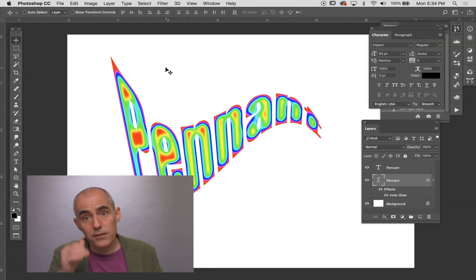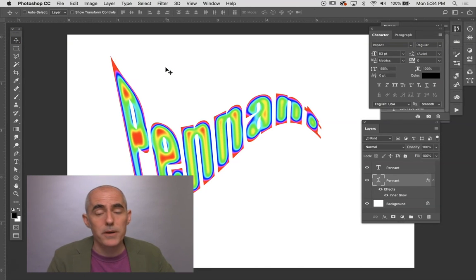So those are all the effects that we can do to type. I'm going to go on and talk a little bit about what you can do with text on a path. But go ahead and take some time and experiment with this a little bit